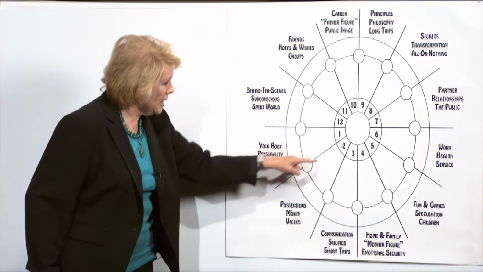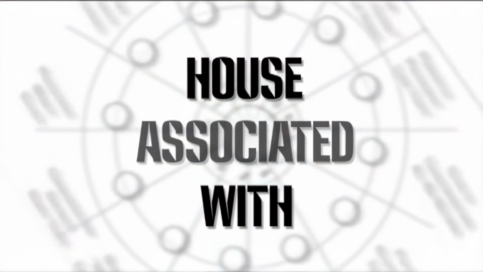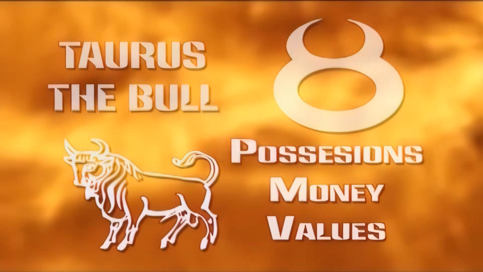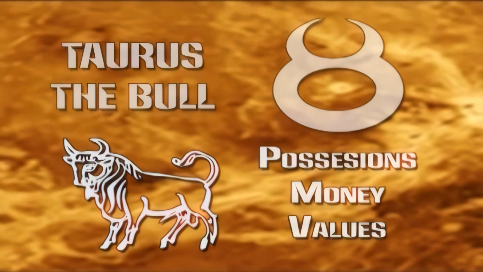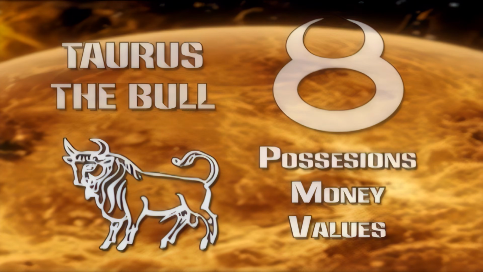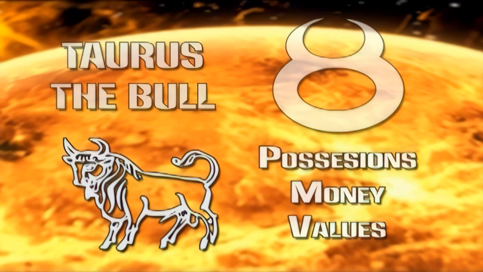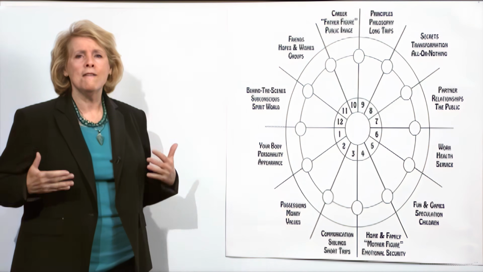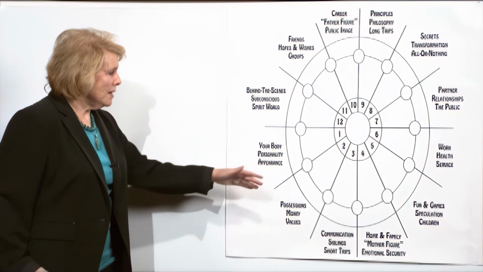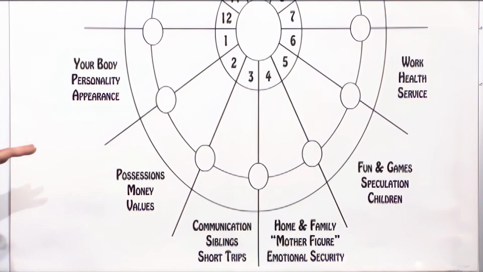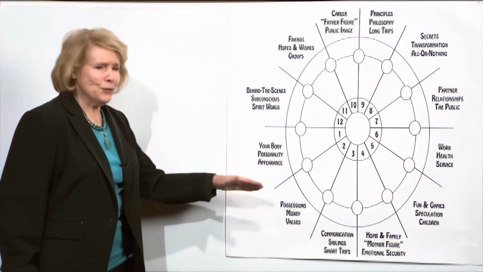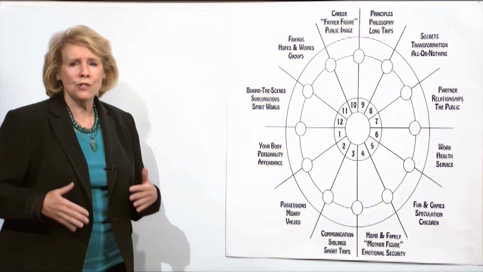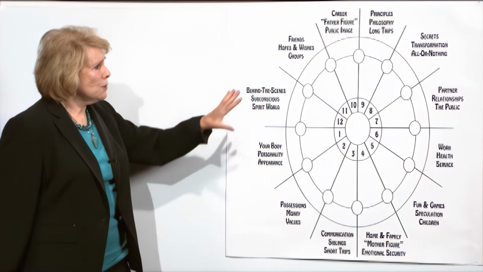Let's move on to the second house. And this is the one everybody wants me to look at when I do their horoscopes. This is the house of money and possessions. And people can be our possessions. Chairs, tables, cash, money. Very, very important. But these possessions determine our value structure. And so, if you have nothing in your second house, don't worry. It doesn't mean you're going to be living in a box under a bridge. What it means is that money per se is not part of your focus, because when we get to it,